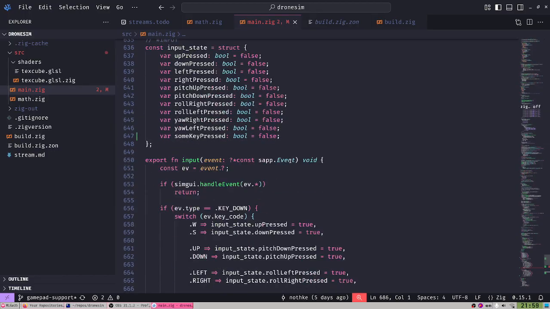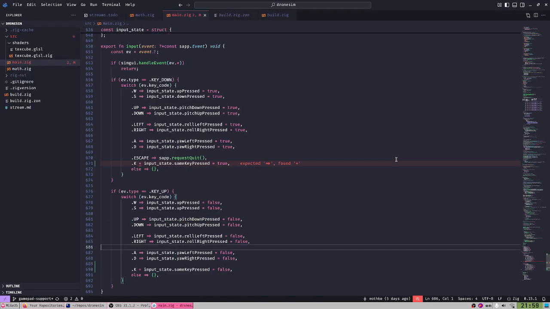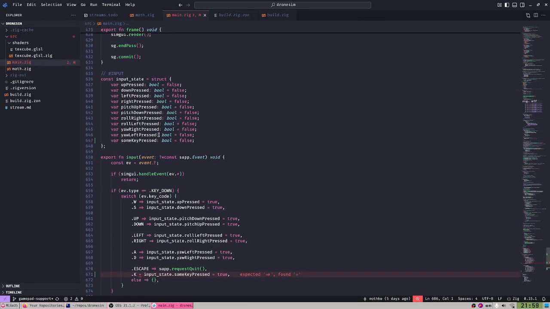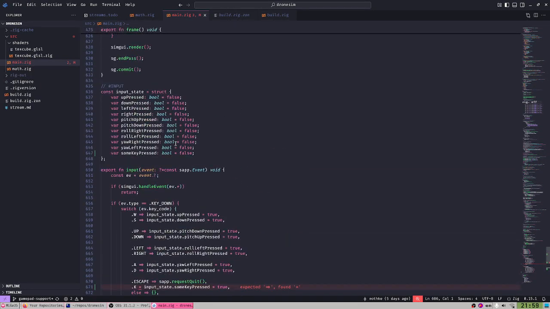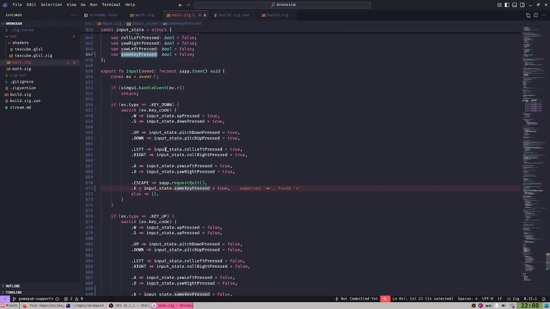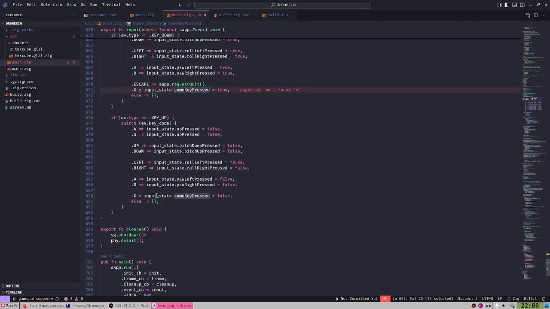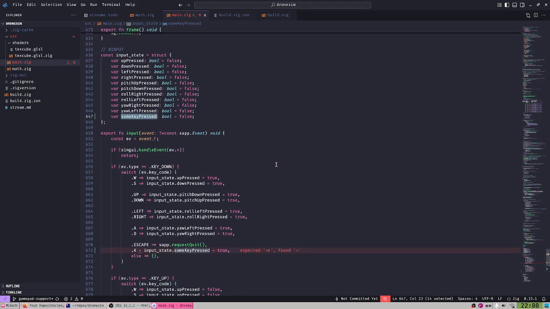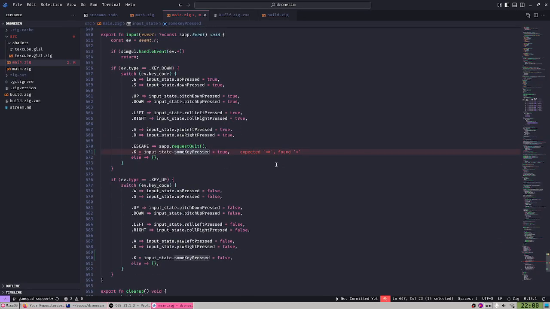And I figured out that we can be a lot smarter about this. Instead of having to add these 3 things in the struct, we have to declare it, detect the down key, the down event, and the up event. What we can actually do is use some comptime tricks to not have to do any of this. Actually, the way I'm doing this, I already did something similar in my C++ engine